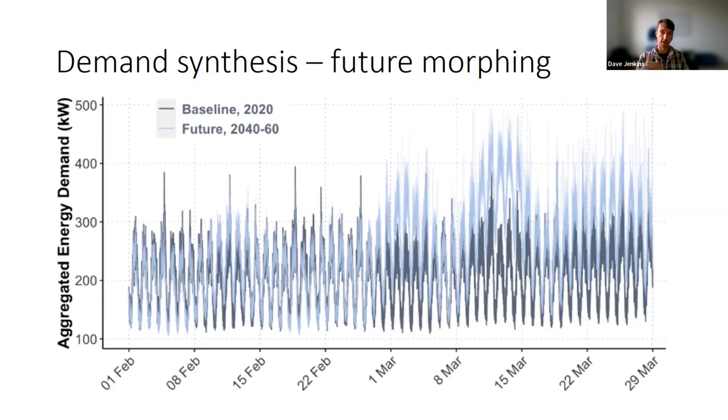But then you can also see in blue the morphed signal for a future climate scenario that we were using, because we have that correlation between external temperature, external weather variables, and demand, particularly cooling demand. And we can do things within that aggregation. We can change, for example, the frequency or the